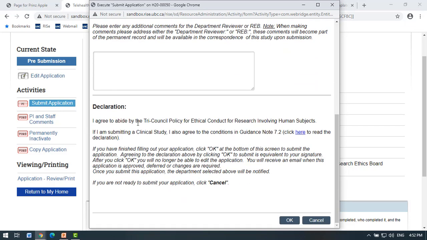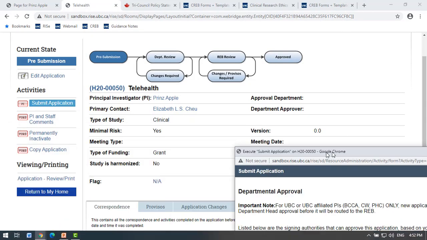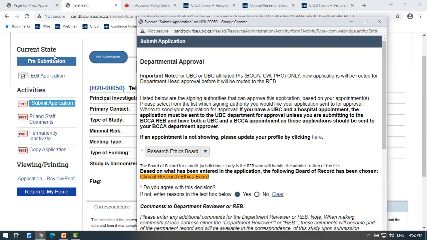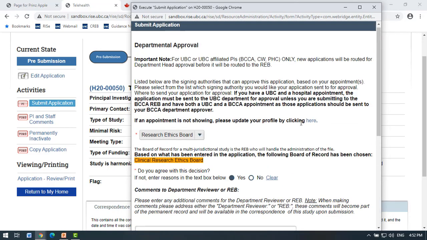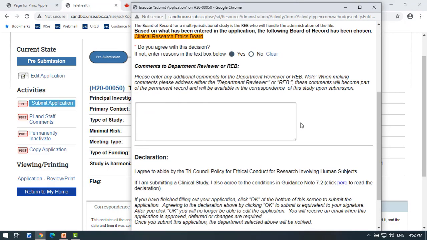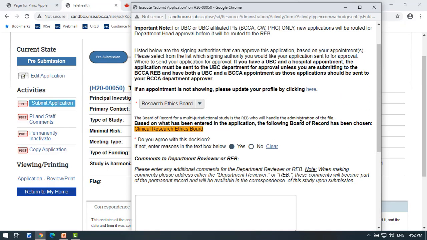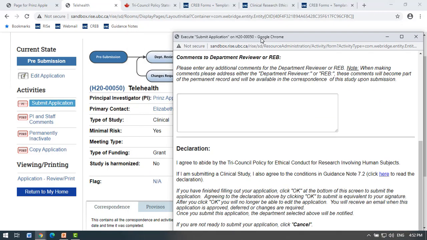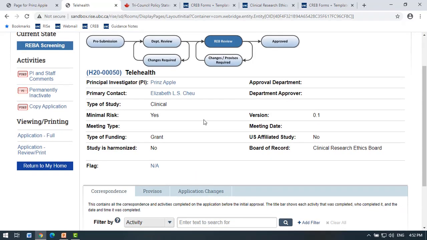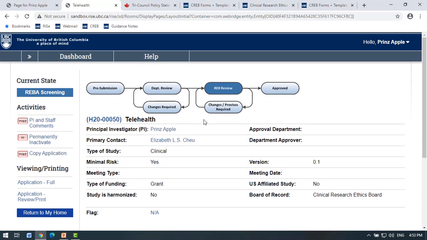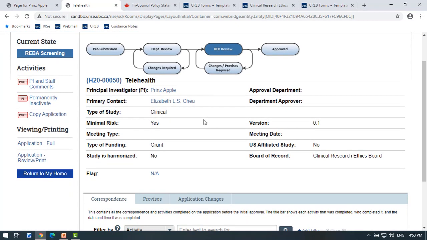So, and it'll ask you to abide by and the declaration, and if you're not ready, again you can click cancel, but in this case we can. Just to let you see here, the current state is pre-submission, but if we click OK, the state will change to it. And not only that, but pre-submission, it'll move to department review. All right, so this is a conclusion of our part 2, and now